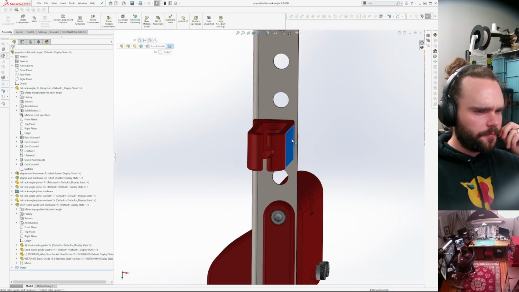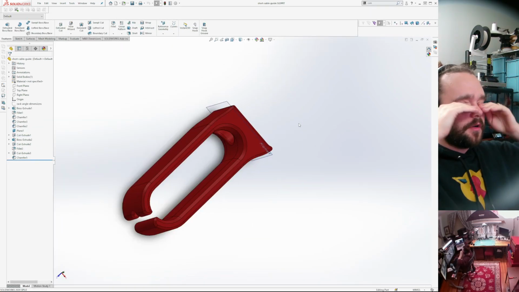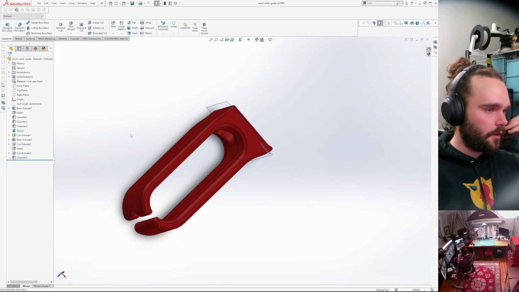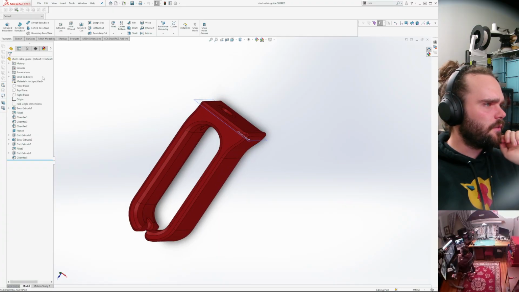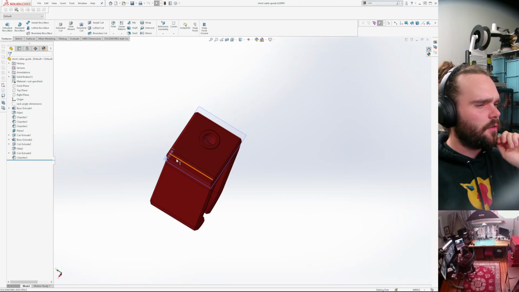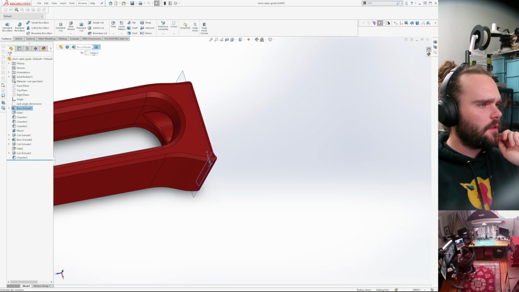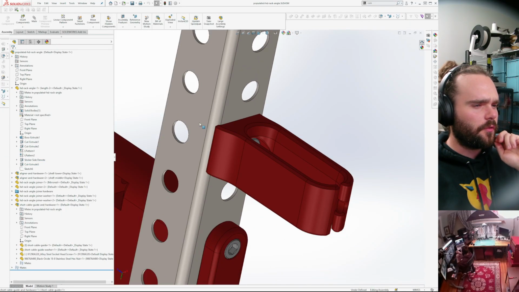So I printed one of these, or printed part of one of these after the broadcast and didn't love it, and I'm going to tell you why. So this little lip thing is designed to prevent this guy from rotating.